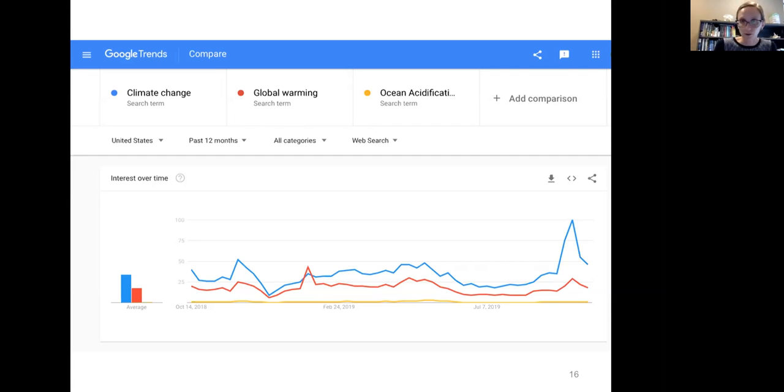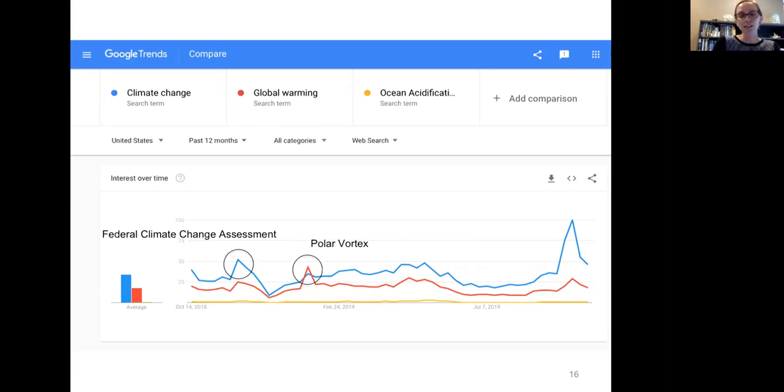And I just type in Google Trends. And I can look at the last 12 months, or the last 5 years, however you want to do it. And what's interesting is there's some social events that pop up with some of these peaks. So we can see when the federal climate change assessment was released, there's an uptick in people's interest in climate change.